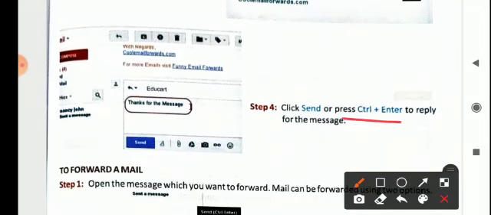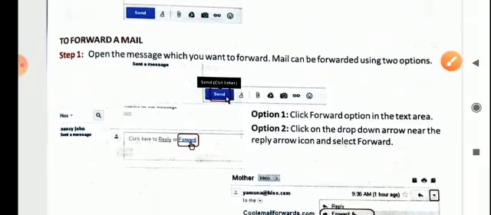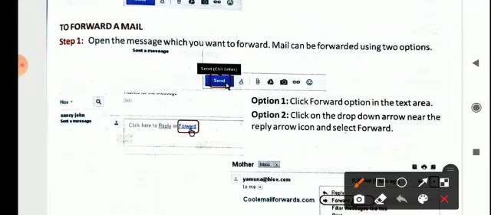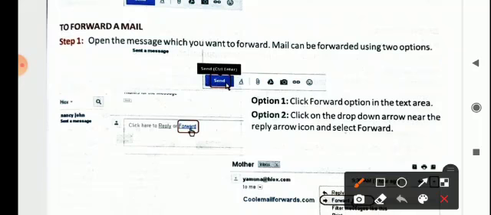Okay. So what will happen? The message will be sent. Now to forward a mail. Suppose you have received a mail and you want to forward it, like you all do in WhatsApp or messages, isn't it? In WhatsApp, you just click on it and you will get this button, a right side arrow. So what will happen? It will help you to send the message. Forward the same message to the recipient, to whomsoever address you are typing.